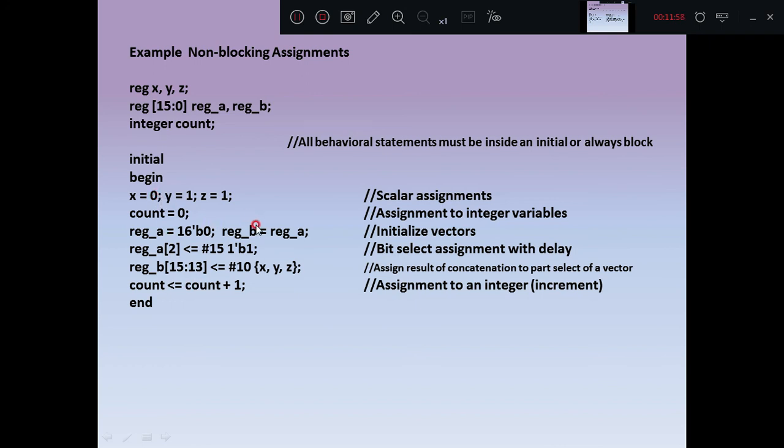In blocking statements, y equal to 1 is updated only when x equal to 0 is evaluated and updated. X gets value 0, and only then y equal to 1 is updated. The analysis remains the same as blocking assignments. The only change in non-blocking assignments, that is less than or equal to, is that all the statements start evaluation at the same time. Updation varies based on the delay mentioned.